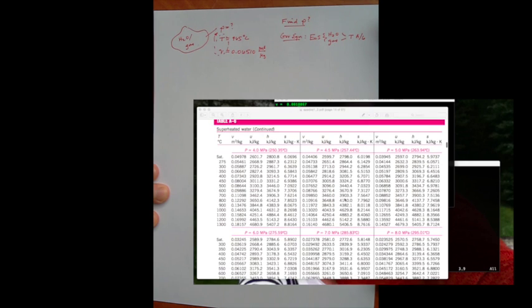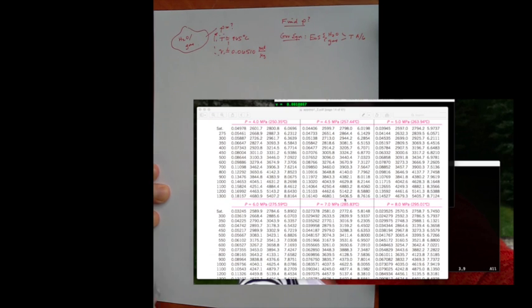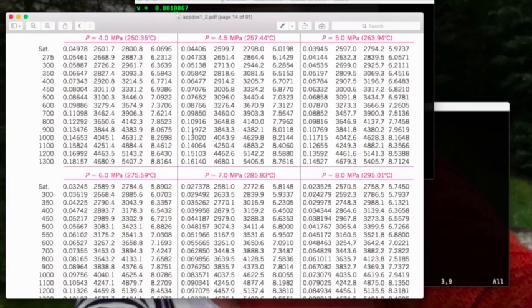What we can see is that we're not given a pressure to start looking at. Instead, what we've got to do is start looking at something we do know, and that would be a temperature. The temperature we're given is also not in the table, but we know that 965 degrees centigrade is going to lie in between 1000 and 900. So if we look across here, the specific volume would be between 0.13 and 0.14 for a pressure of 4 megapascals. If I increase the pressure, that goes down between 0.11 and 0.103. Well, I want